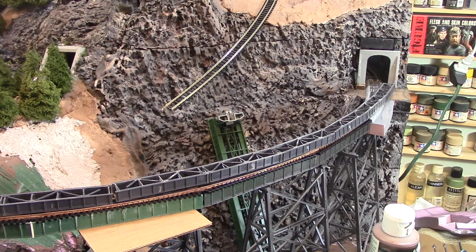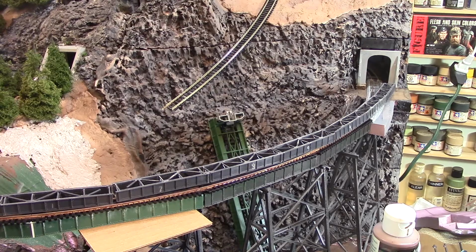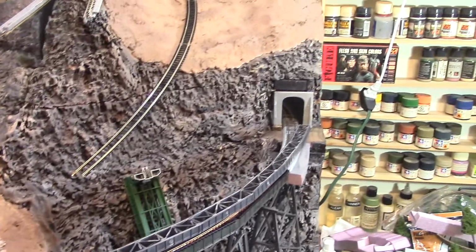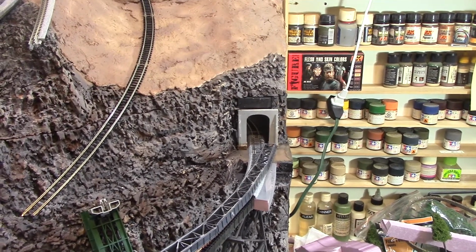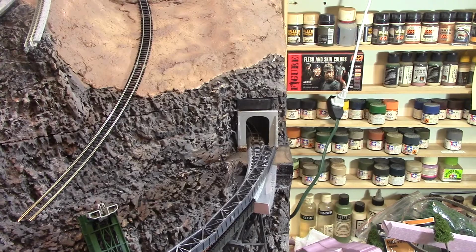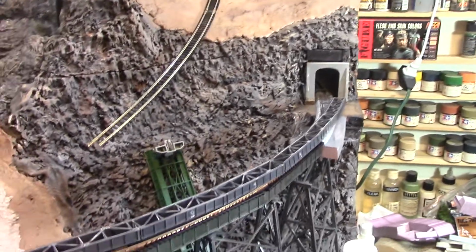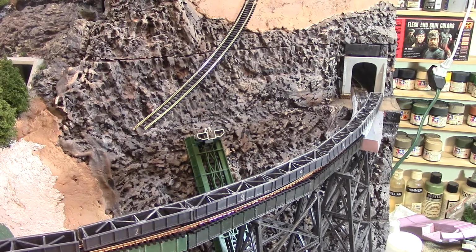Anyway, carrying on with the bridge slash trestle. Had a setback. As you can see, the Micro-Engineering bridge or deck does not match the radius of the track. I made mistakes somewhere. So I went back to my original plan, which was using, let me get these out of the way,